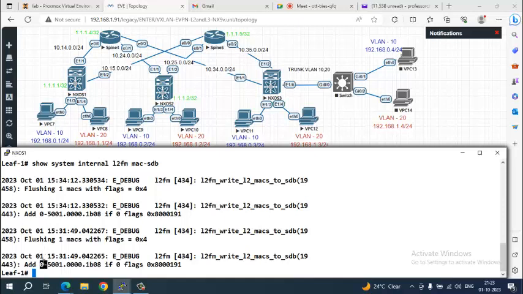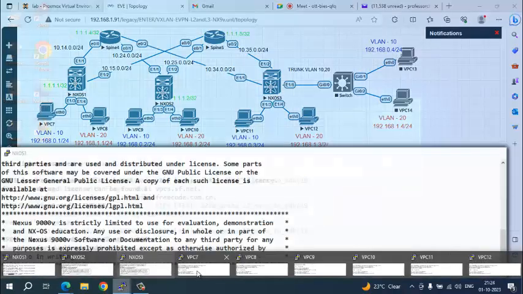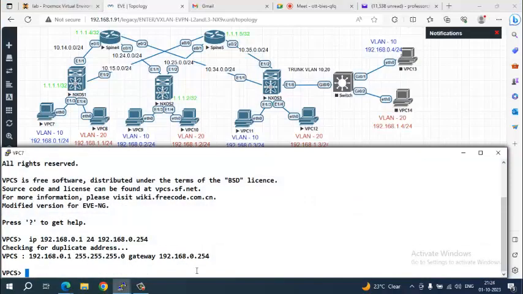See, this output will change from iOS to iOS. Some versions have very beautiful output, not like this confusion. This is local. This is a local MAC address. It's not a MAC address learned from VLAN 10 or VLAN 20. This belongs to a switch, okay? So don't mind this MAC address. Okay. Now I'm going to ping from here to